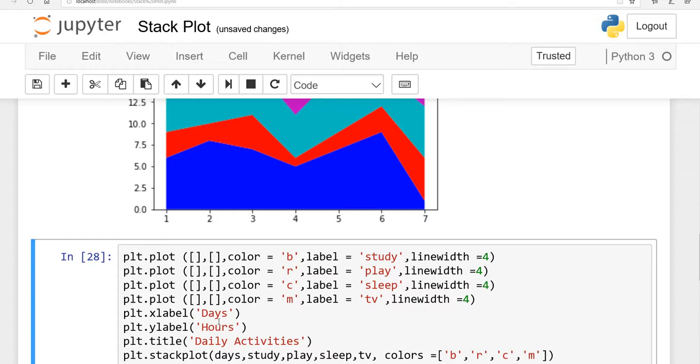And for the y-axis, x-axis, and title, I have made these labels here. The x label is days, these are the days, the y label is hours, and the title is daily activities, right? It's again up to you. Whatever you need, you can write according to your scenario. When I run this,